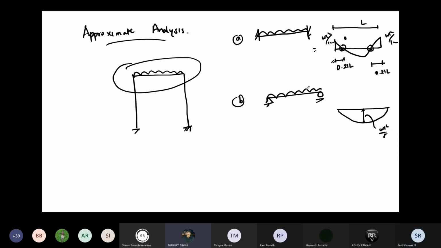So now, here is a pin support, here is a fixed support, right? In the frame, instead of supports, what are we having? We are having columns. Even though the frames are rigidly connected, what is meant by rigid connection? The 90 degrees is always maintained, constant, even after the deflected shape. The beam to column connection will always be rigid. That means they have to maintain 90 degrees between the beam and column.